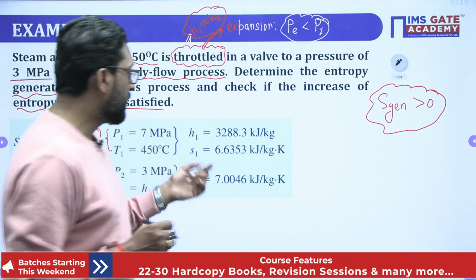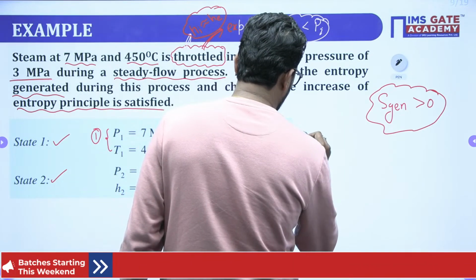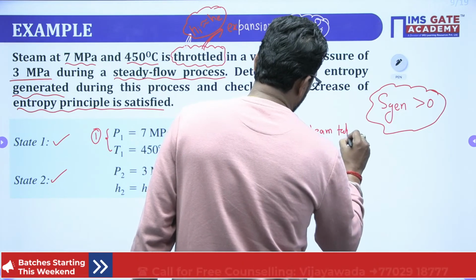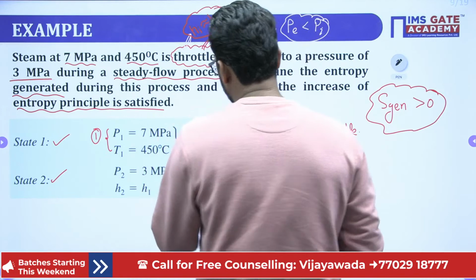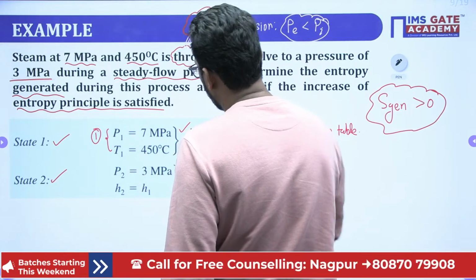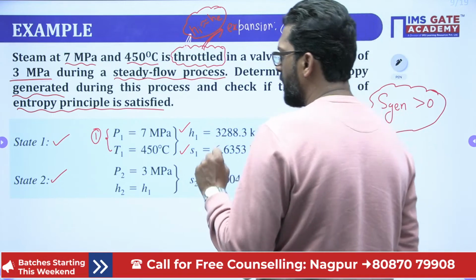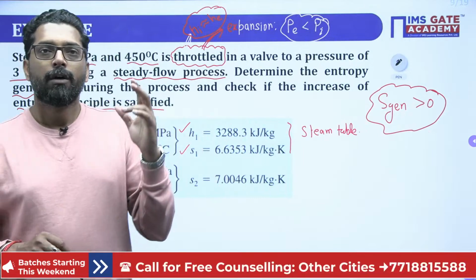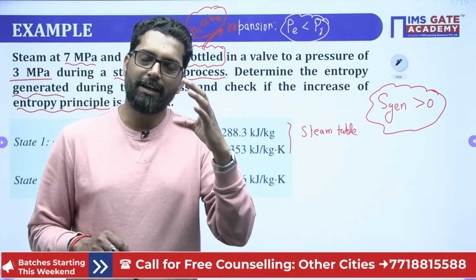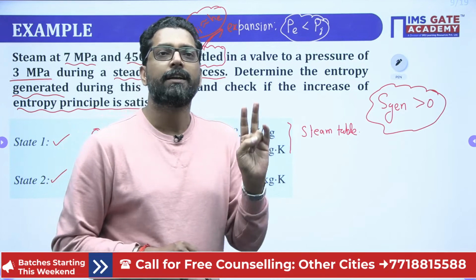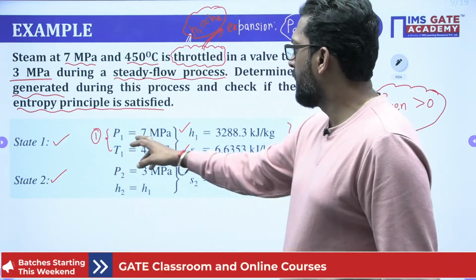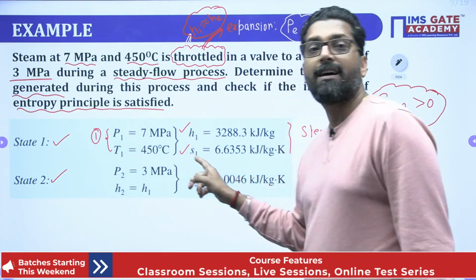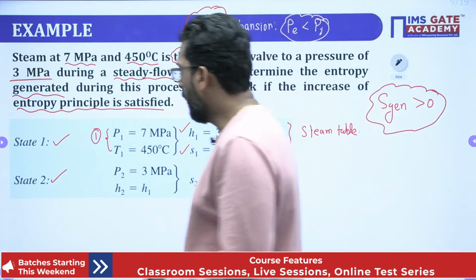Go to the steam table. So from the steam table, this value you have to take from the steam table. From the steam table we have to find the specific enthalpy and specific entropy. Why? Because for the vapor, for the gas, we require a minimum of two properties to identify the state. If we have two properties, that means pressure and temperature, we can easily find the other properties. Okay. Now after throttling,